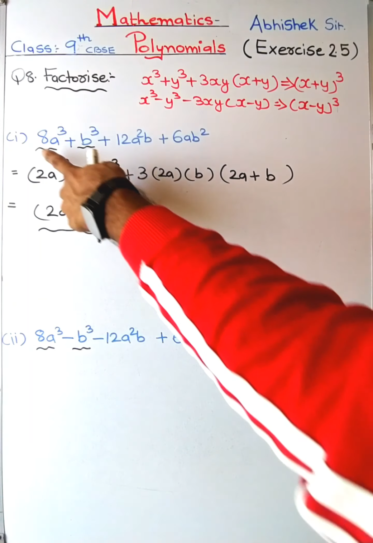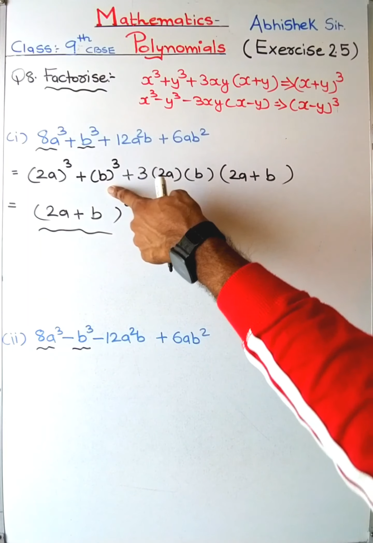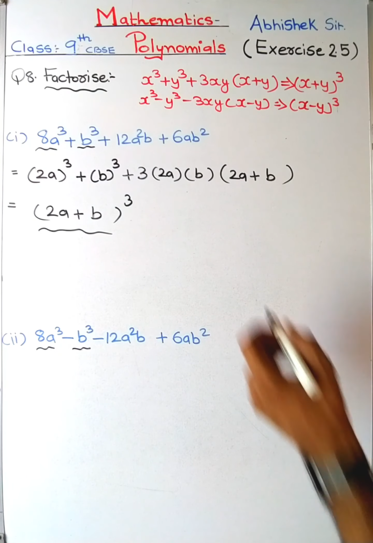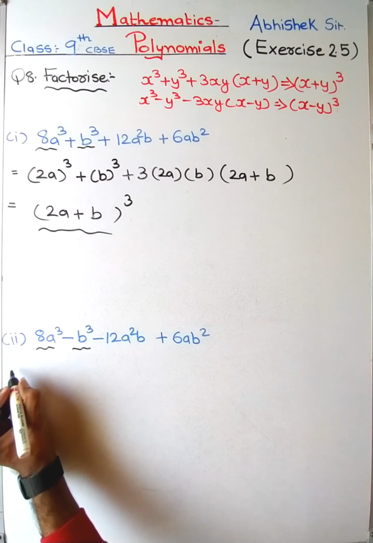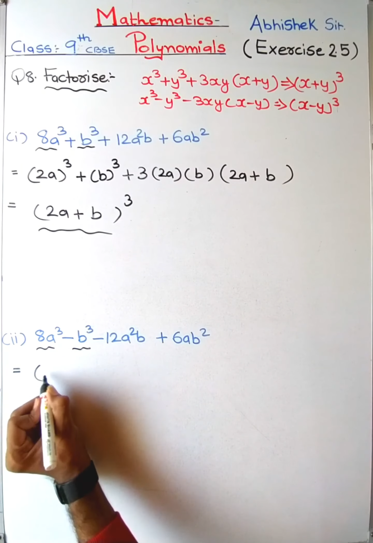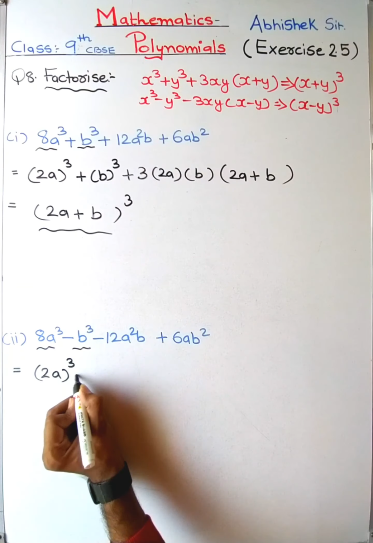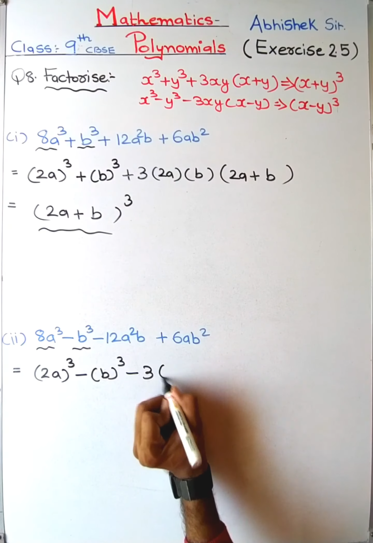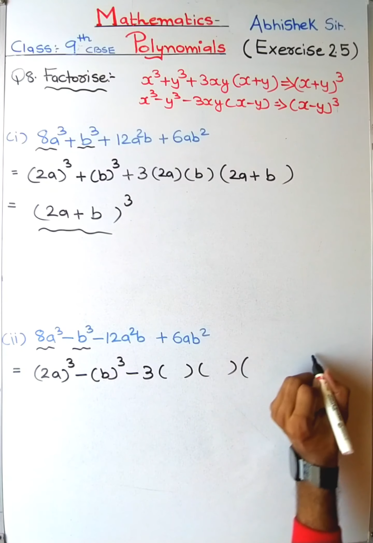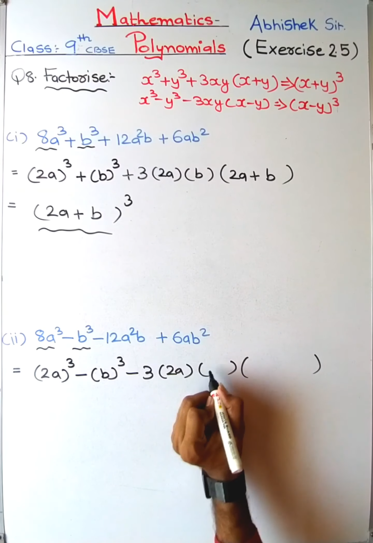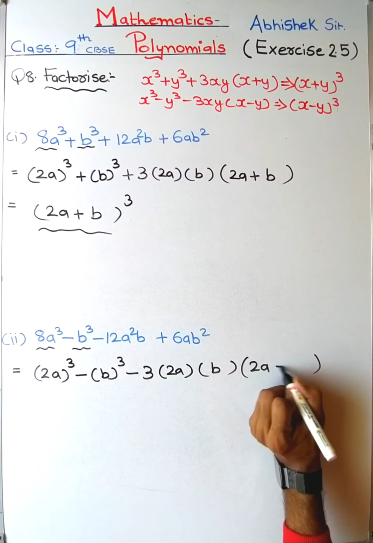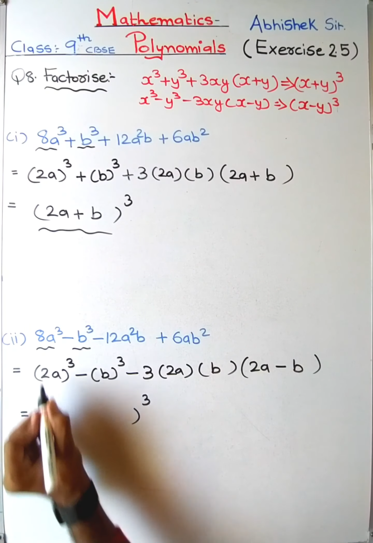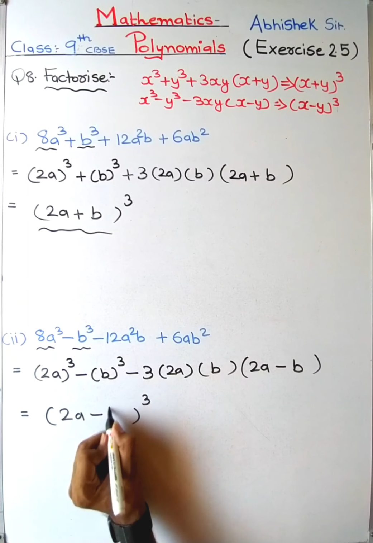Clear? So what we have done is we have taken care of only the first two terms and written the next term by the identities. Let us see how we can solve a similar question with minus. So here, according to my trick, just write the cube roots in the bracket. Nothing to do, just follow the identity: 3 into 2 terms in brackets and a bigger bracket in which we will write first number, second number, first number, second number. Okay, so in the whole cube bracket, we'll write the first number and then the second number.